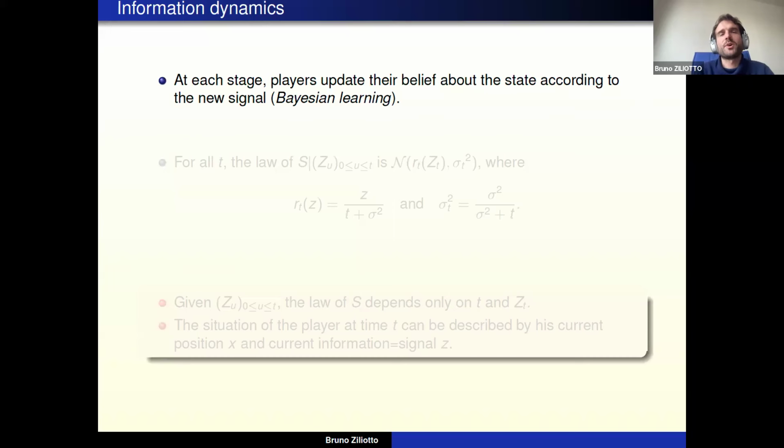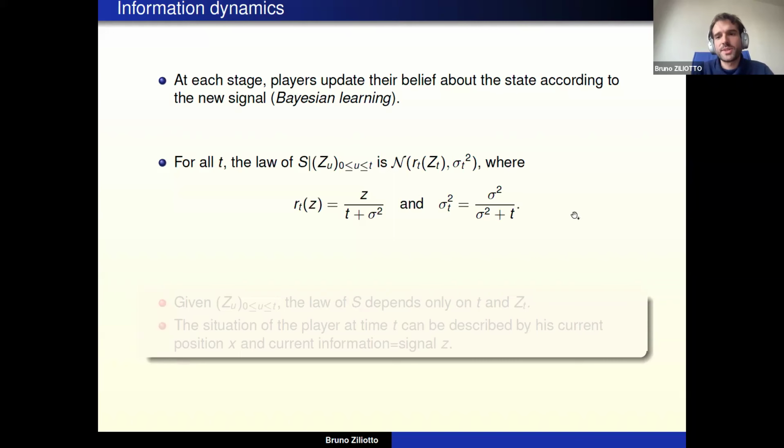They observe a stream of private signals and they deduce a posterior distribution on the possible states. But in our framework, because we take a signaling structure that is so particular, that is formed with normal laws, in fact, the law of S conditional on the stream of signals is extremely simple to describe. It's described by the following equation. It's actually a normal distribution